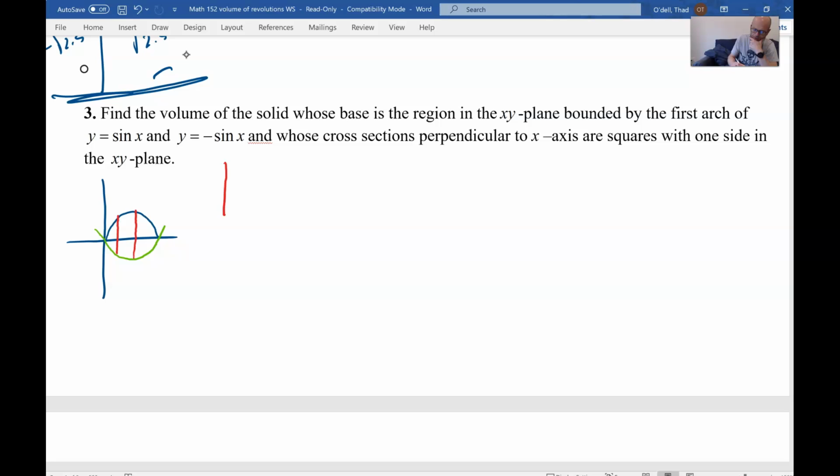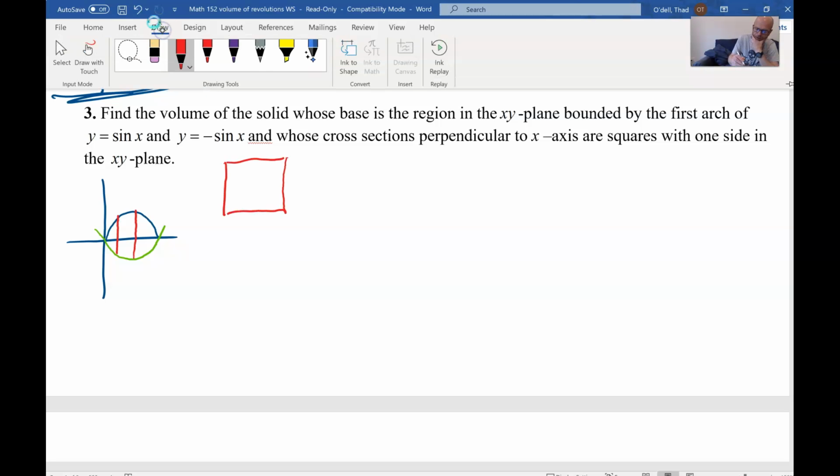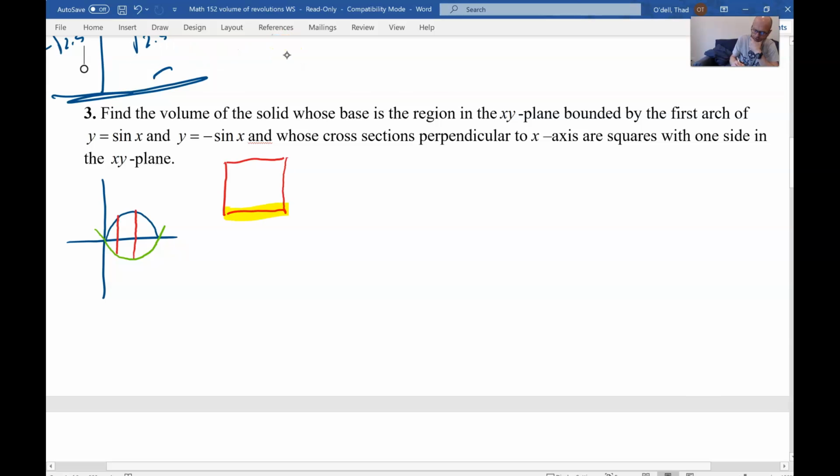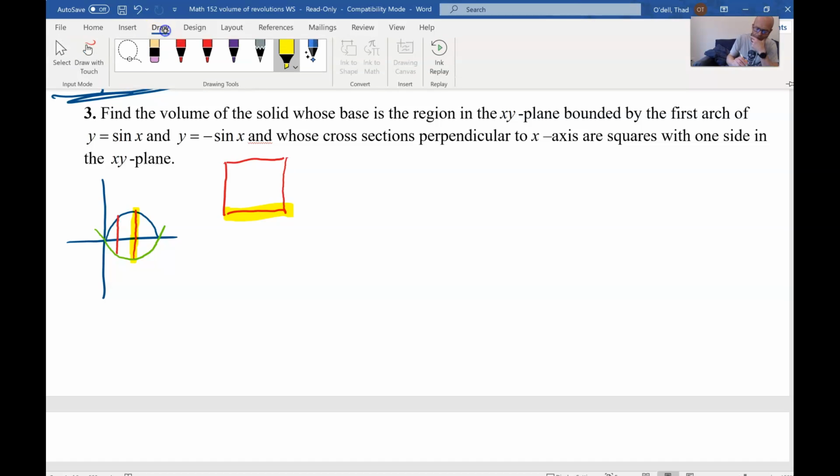If I go over here to the side and draw my square, know that this line here is coming from those guys, right? Because we're taking a square and basically sticking it on this. And of course, as this line gets shorter, the square gets smaller. So all we need to do is come up with a